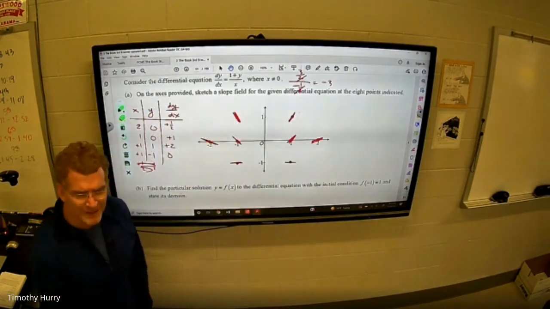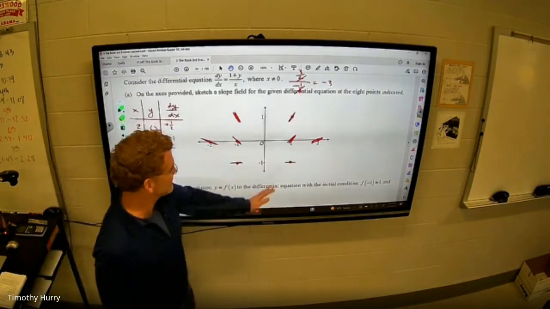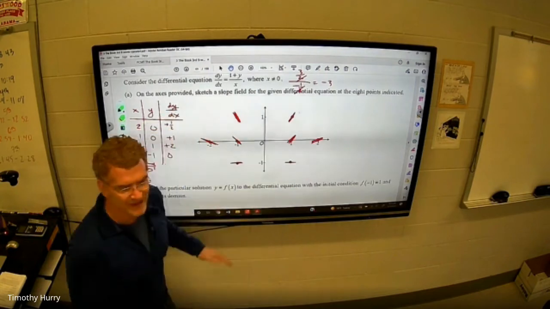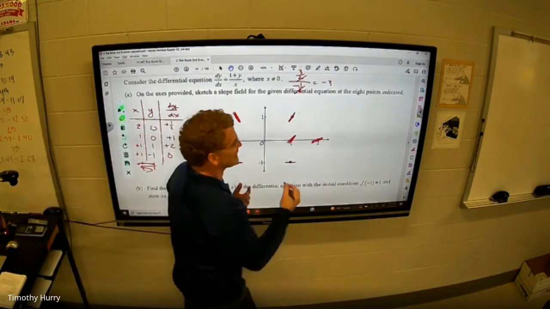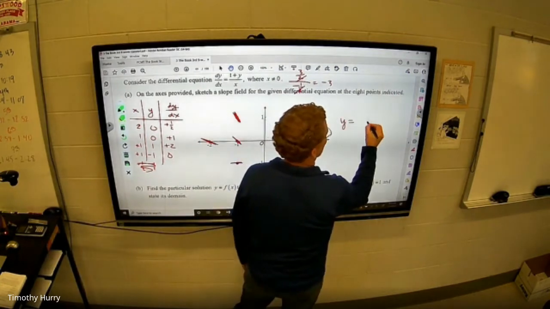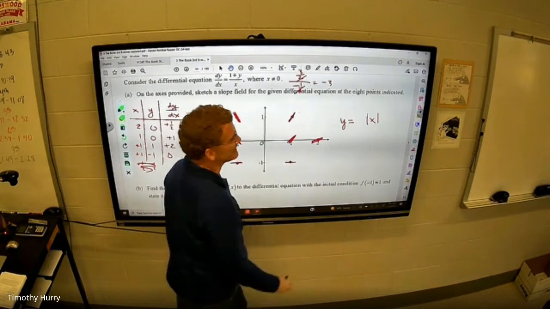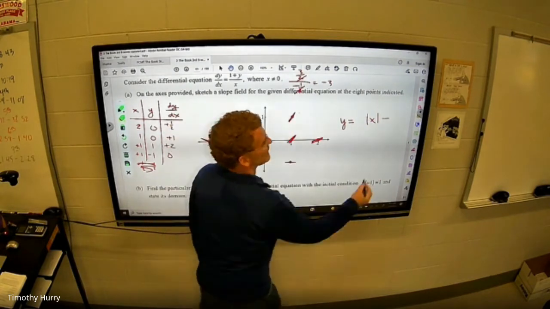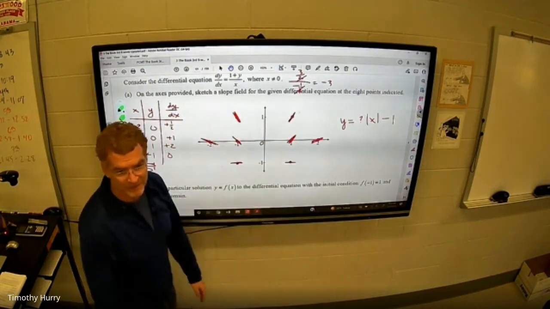So now what does this graph kind of resemble to you? If this one's heading to that, and that's heading to that, what does it feel like? It feels like an absolute value problem. Right? I'm thinking it's an absolute value of x problem, but it's shifted down what? Down 1, right? So it kind of seems like that, but the slopes might be different depending on which point I'm coming from,